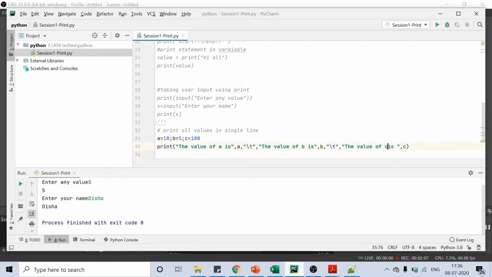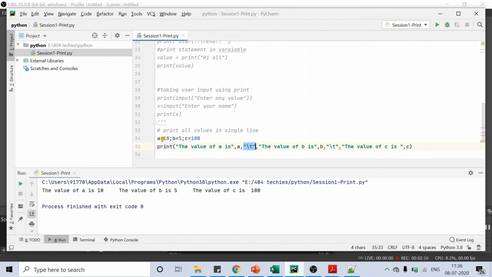In between each value I used a tab space. If you see the output, you will understand what I'm trying to do. I want the value of a is 10, one tab space, the value of b is 5, again one tab space, and the value of c is 100. So this is how you can use a print statement.